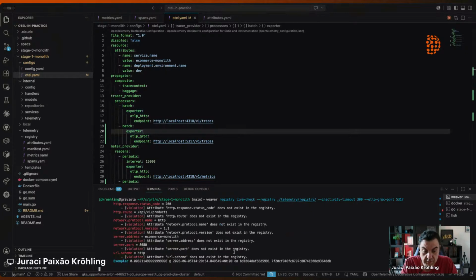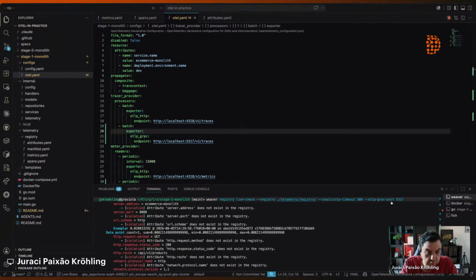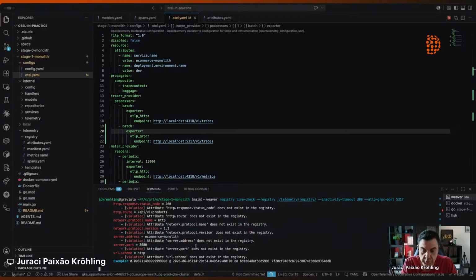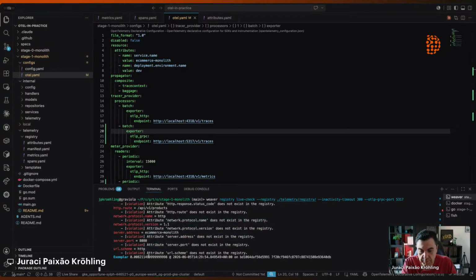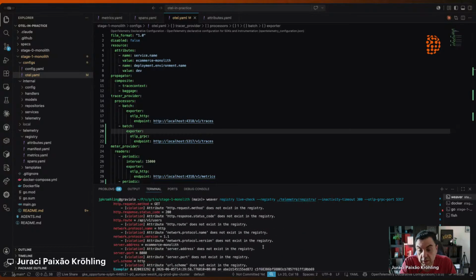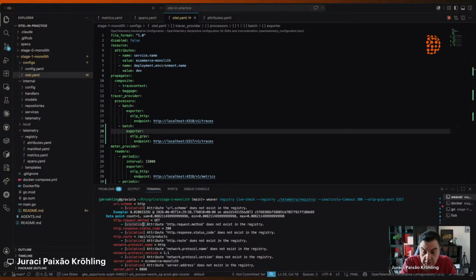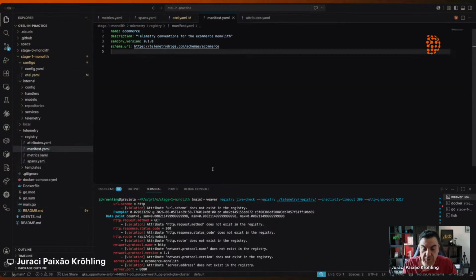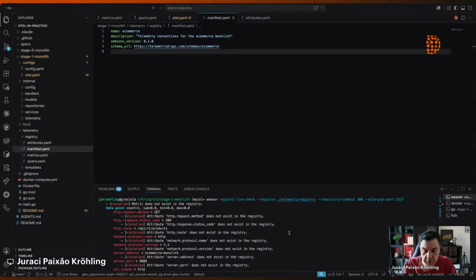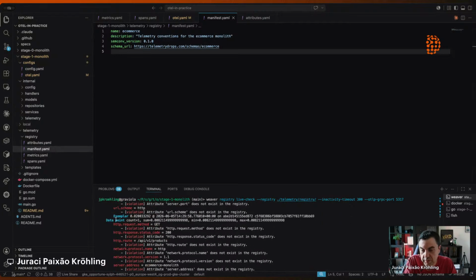This is Weaver. I have Weaver here running on 5317, and just so happens that we received a metrics package on Weaver. Right, so an exemplar at blah, blah, blah. And what we can see here is Weaver already generated some violations for us. It told us that, oh, this is a violation. Attribute HTTP request method does not exist in the registry. Why is it happening? It's because I'm not specifying in my registry file, I'm not specifying manifest. I'm not specifying that I depend on OpenTelemetry semantic conventions. So I can see that most of the things in here, they are related to the semantic conventions from OTel